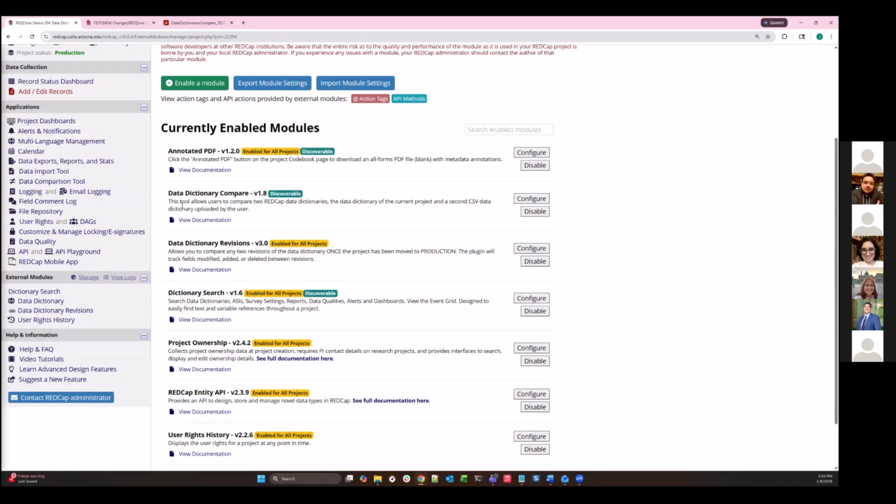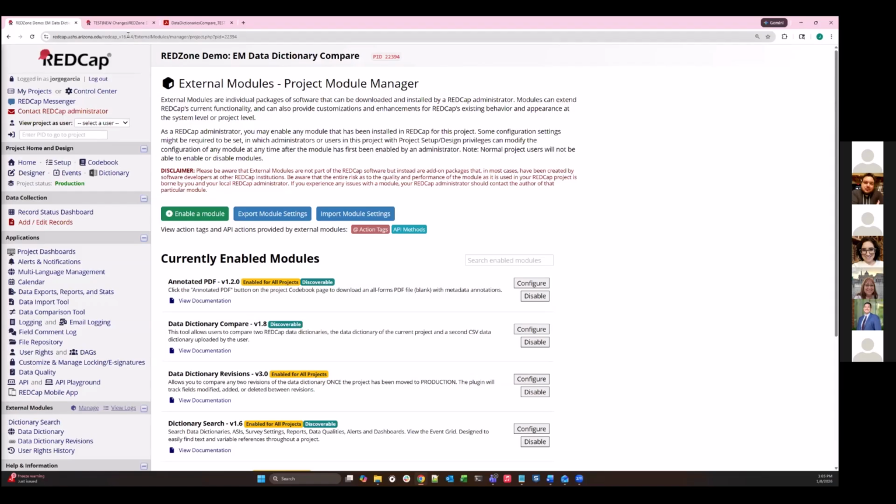So as I mentioned, this external module allows you to compare two REDCap data dictionaries: the data dictionary from your current project and a second CSV file. In other words, if we're working on this project here, REDCap external module dictionaries, this is going to be, we'll just say, the old version. And I want to make some changes to this project. In this demonstration, you'll see some changes to fields. I'll use some action tags. I'll delete some fields. There's going to be a variety of changes,